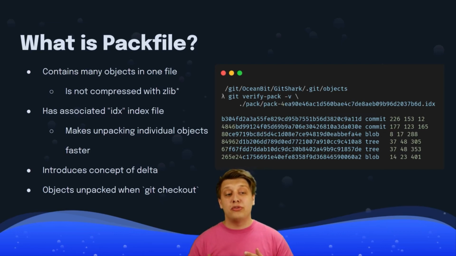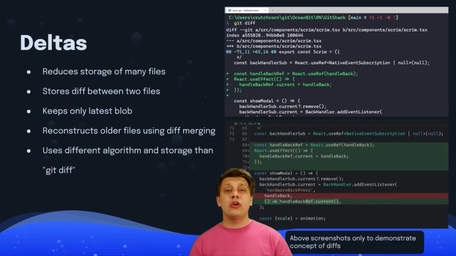Now pack files are able to reduce the file size using a concept of deltas. Deltas are a way to save space when you have multiple versions of the same file. The way that this works is that it stores the differences between the different variations that have come across over time. We only store the latest blob, and when we need an older version, we can reconstruct it using those differences. So, for example, if we've had 3 versions of a file, we'll keep only the latest version of the file,